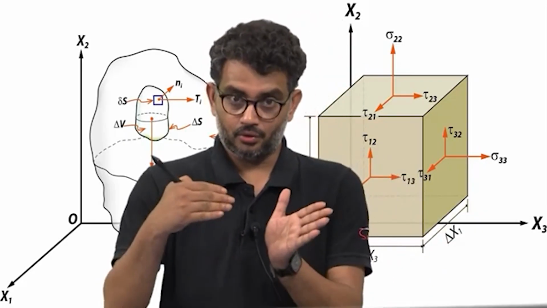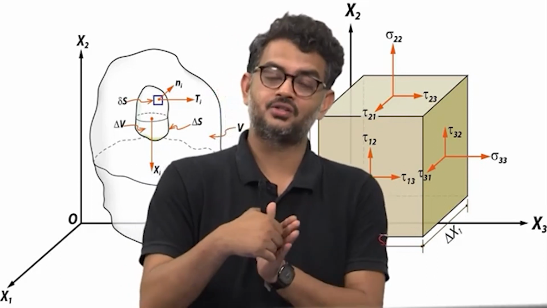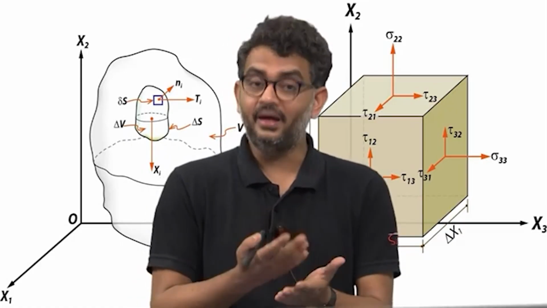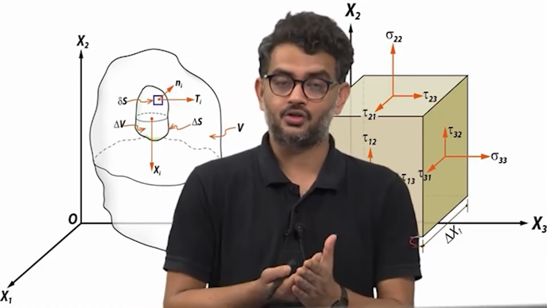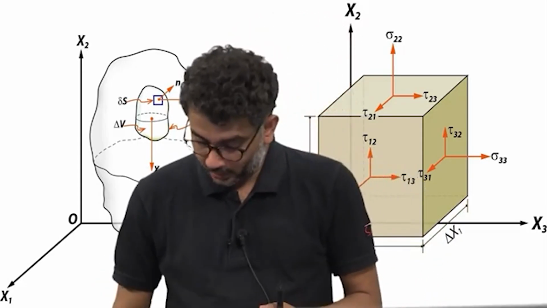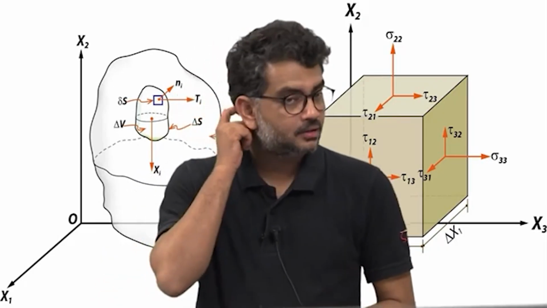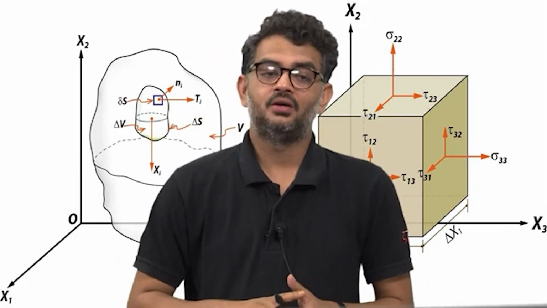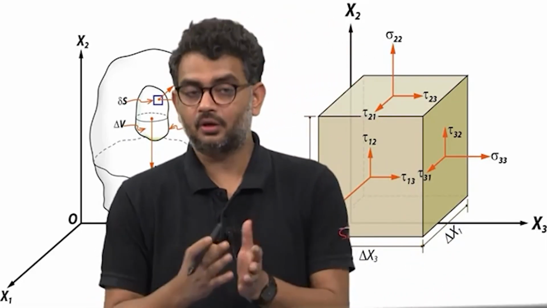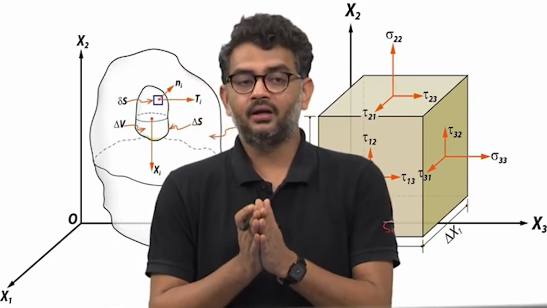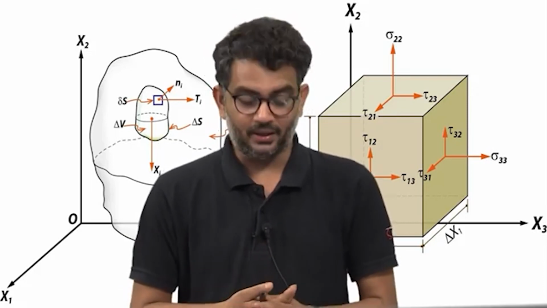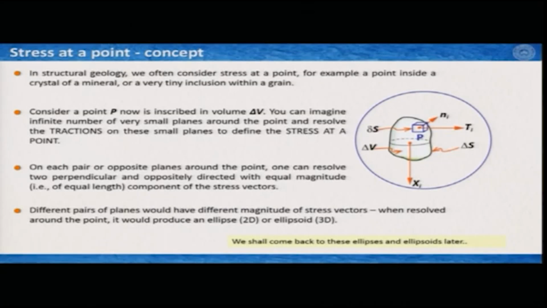But for stress or for traction, it is not that straightforward, because you have to also consider the orientation, the area and its orientation where the traction is working with. Now, once we have more or less a steady idea of what stress is at a point, now we would like to see stress on a surface, I am sorry, and then we would like to switch to another part, which is even more relevant, that is stress at a point. So, let us talk first about the concept.